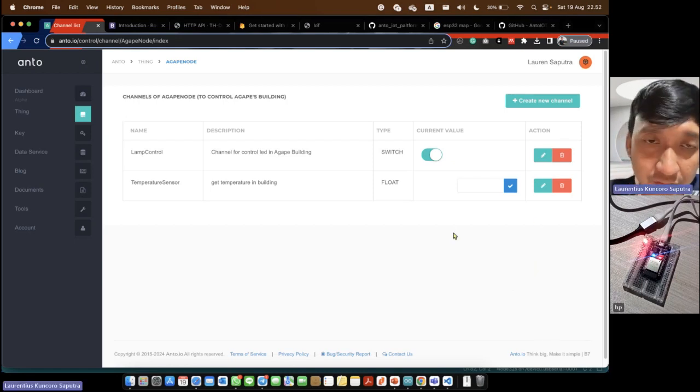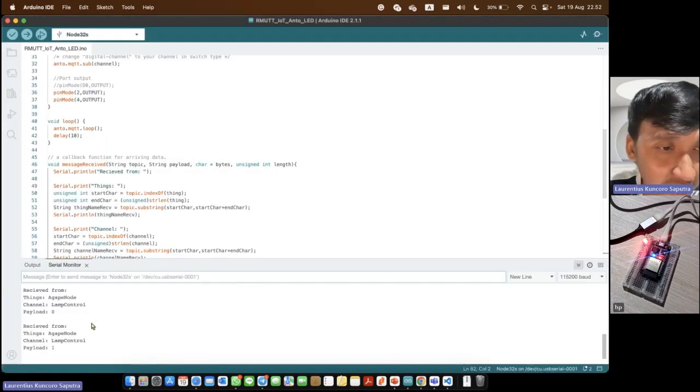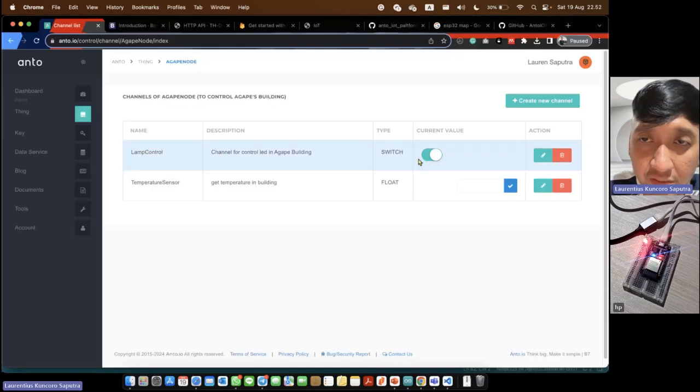So it is already successful to control the LED from Anto. We can see the serial monitor again, and we receive the data from things Agape node, and the channel's name is lamp control. We can turn it off again with this button.